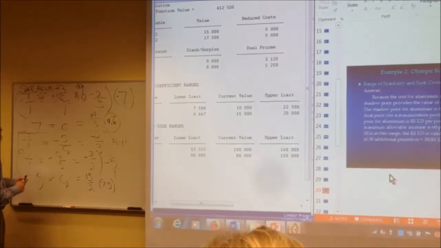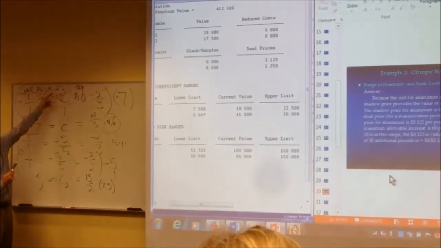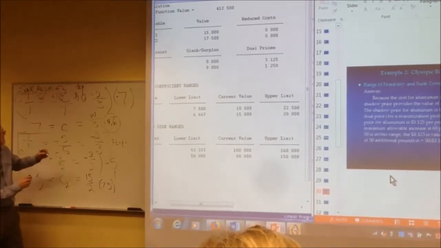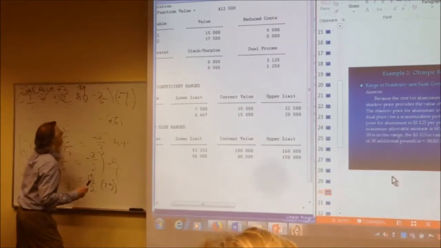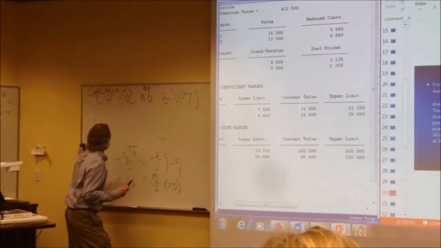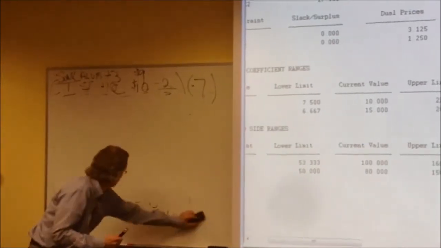Are you ready? I'm going to fly through this, because this is review, right? You ready? Aluminum's going up 3, so. Can you erase some of Yeah, thank you. Yeah, I can. One of these days I'll have someone helping me and they'll just erase it while I keep talking. I don't think they could